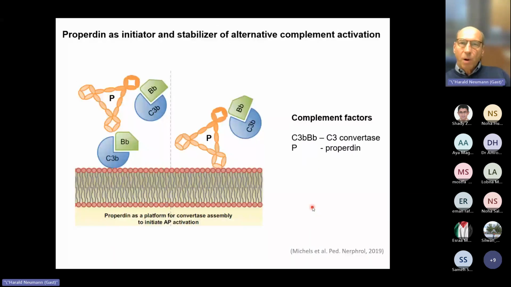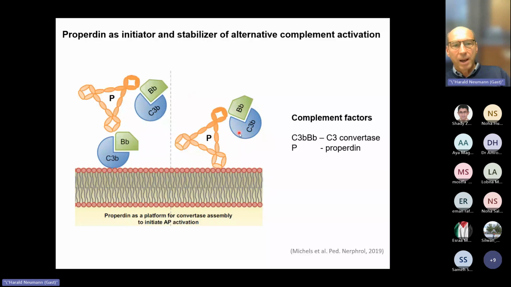So if you have alternative complement activation, you immediately think about properdin. Properdin is an initiator and a stabilizer of the alternative complement cascade. It's the only known activator of this alternative complement cascade. It can bind to a lesioned cell surface,